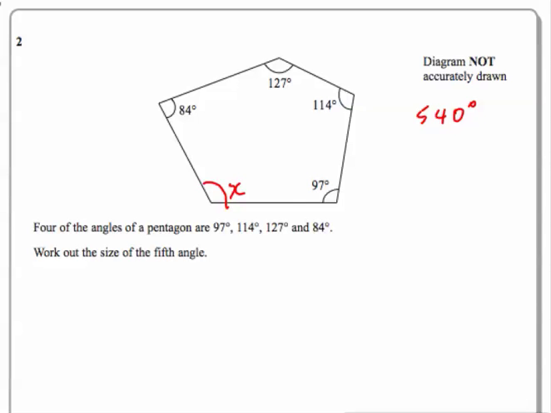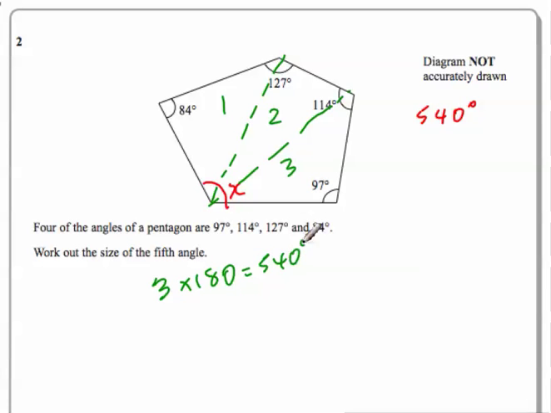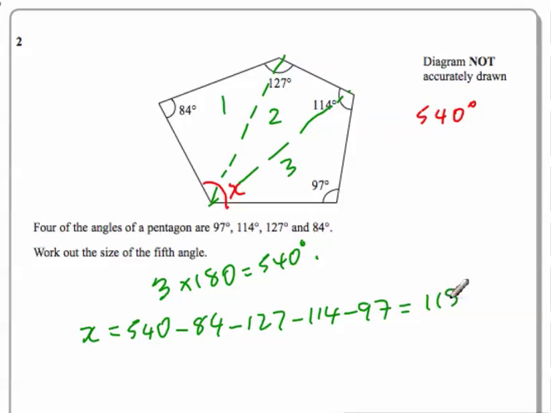Now, some of you may remember that the interior angles of a pentagon add up to 540 degrees. If you can't remember, the best way to do this for any polygon is to just split it up into as many triangles as you can. And we've got 1, 2, 3 triangles. Each triangle has 180 degrees in it, so that's 3 times 180, which gives us the 540 degrees. Once we've found that, then we obviously know they all add up to 540, so now x will equal 540, take away all the other angles, so we've got 84 minus 127 minus 114 minus 97, which comes out to 118